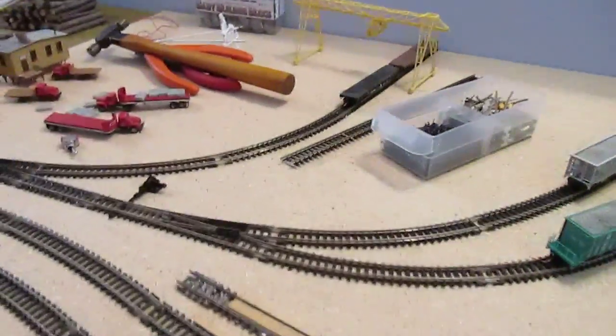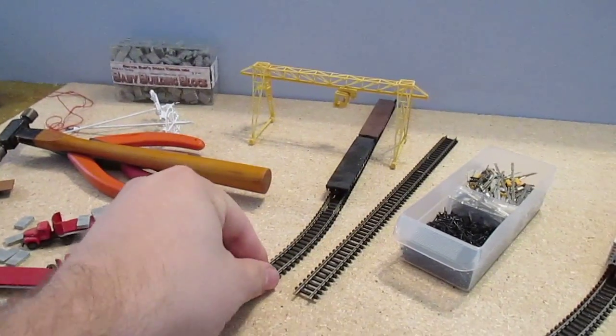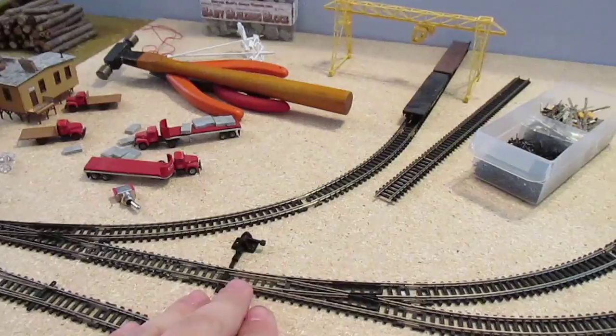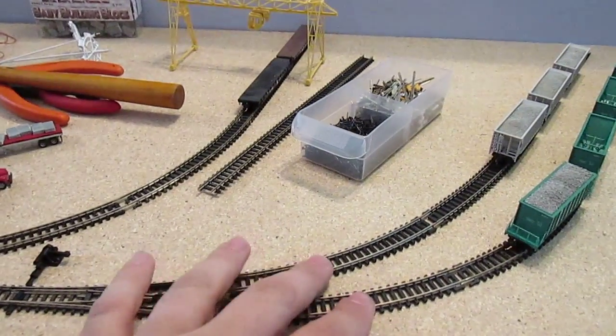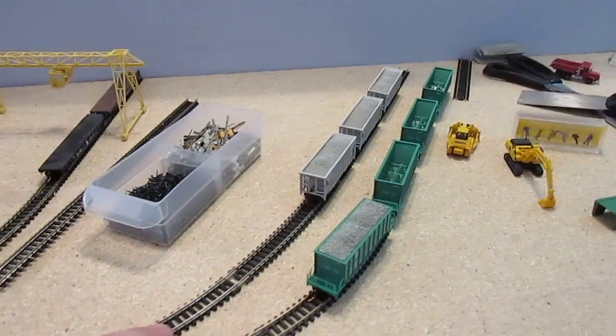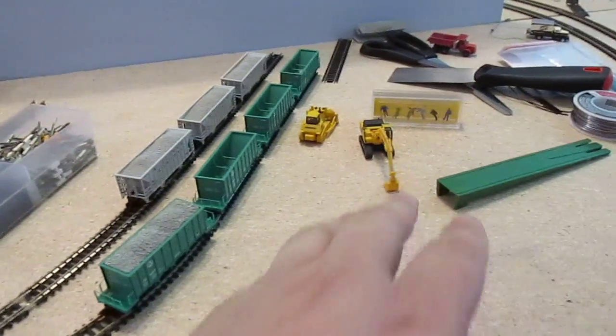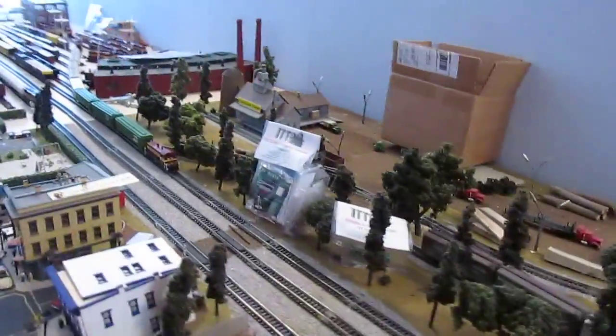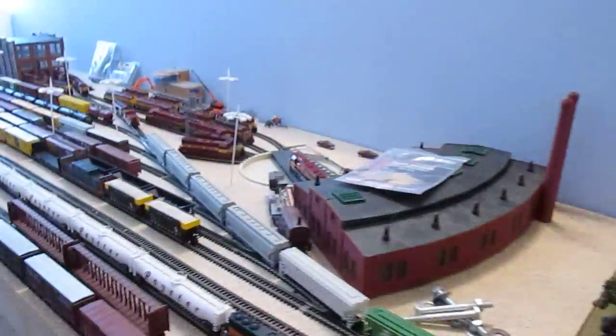So then coming around here, I ended up getting this track all in place. So this is all set, the ground throws are in. The only thing that's loose are these 2 tracks right here, which as soon as the gravel pit comes in, I'll get that done and cut out the pit here and start on the mountain right here. And then coming down over here,